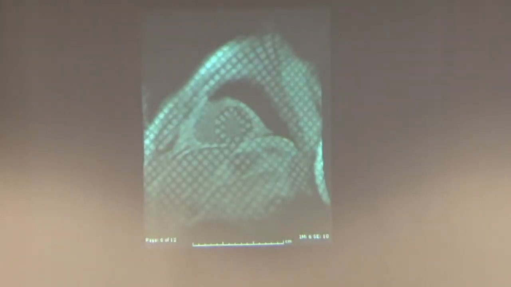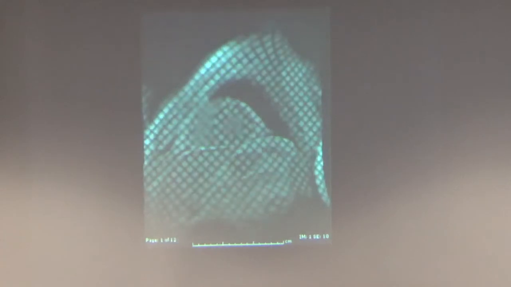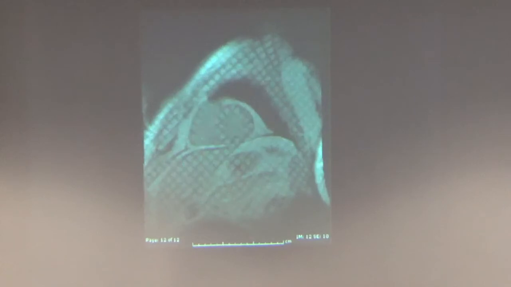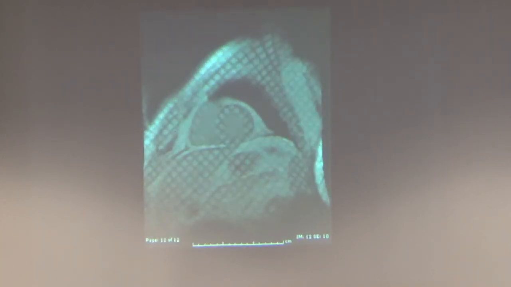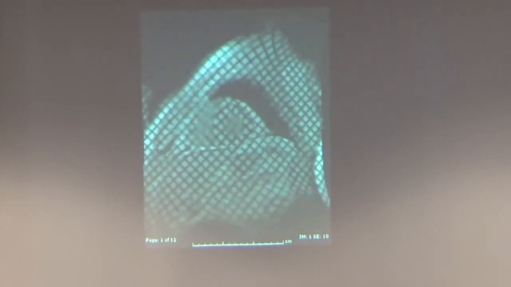But there's another more advanced way of assessing function, and now you see those squares on the heart wall, and what those squares are like, they're like a street grid. So you can localize points within the wall, just like you could tell someone to meet you on 2 cross streets. Well, that's what that method is doing. And what you see is you can see the heart cavity changing size, so you could look at the inner wall function as before, but now you could look at the wall itself and assess the